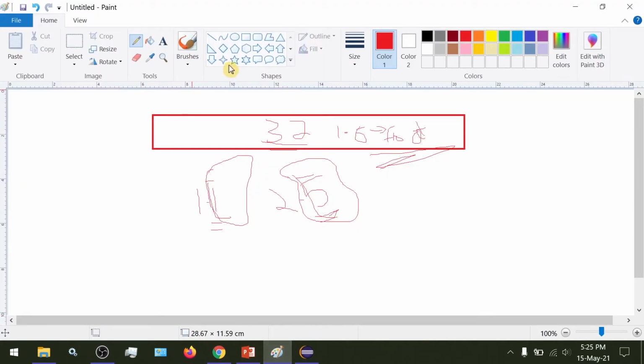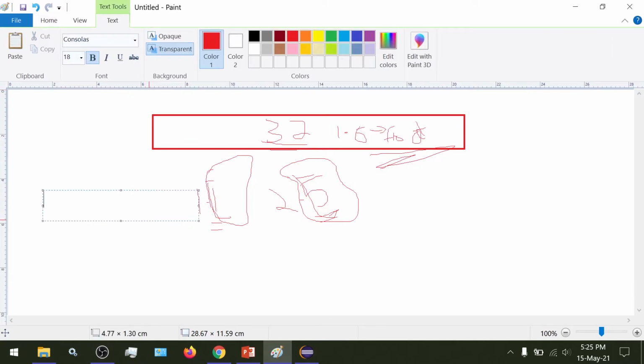Let's say we want to store the number 1.23456. Here only a few digits are there after the decimal point, so this could be called a single precision number, and we could use the float data type.